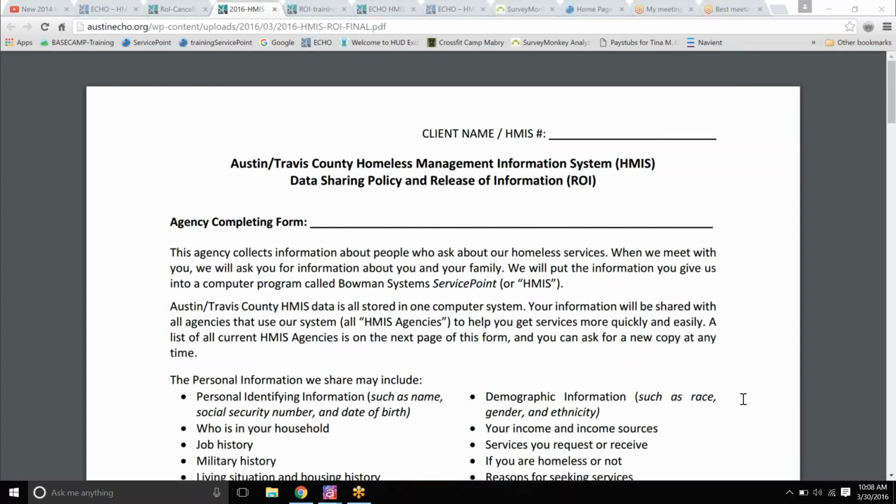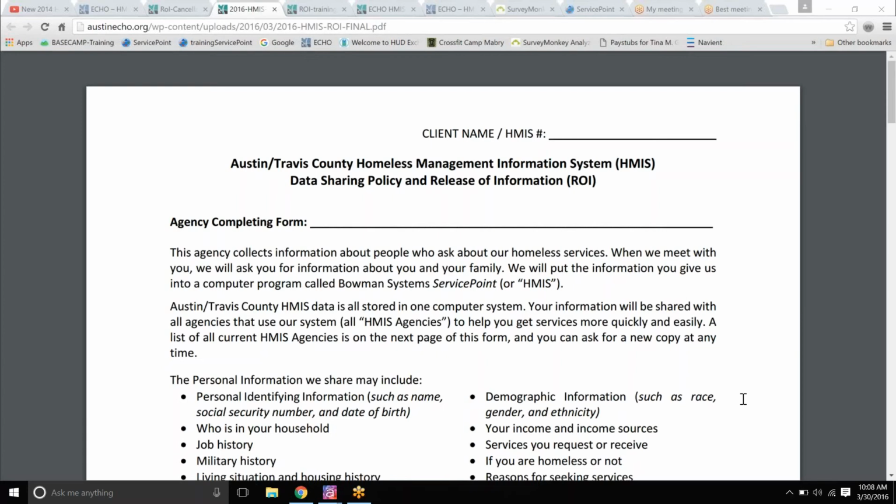So just want to reiterate what I just said. I'm going to be going over the administrative changes and any other questions as far as what the ROI entails as a whole, what it means to be an open system, ROI, all of those kind of things. I've attached documents to the email that go over all of that. Whenever we switched to the open ROI back in 2014, we created a ROI training workflow that talks about how to actually do it in Service Point. I'll go over that again with you guys, but just know that there's a document for that.